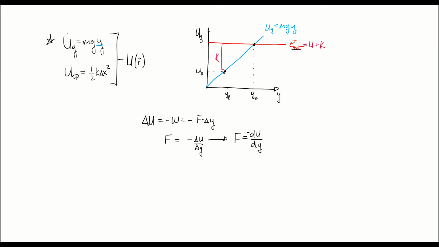So we know from calculus that this derivative is the slope. So the force that's associated with that conservative potential energy is the negative slope of this graph. And we can see that in this example, right? The slope of this potential energy is mg, and we know that the force of gravity is equal to mg in the negative y direction. So the slope from our plot, mg, throw in the negative because we have a negative sign in the way we just did, and the force can be related to the potential energy in that way right here.